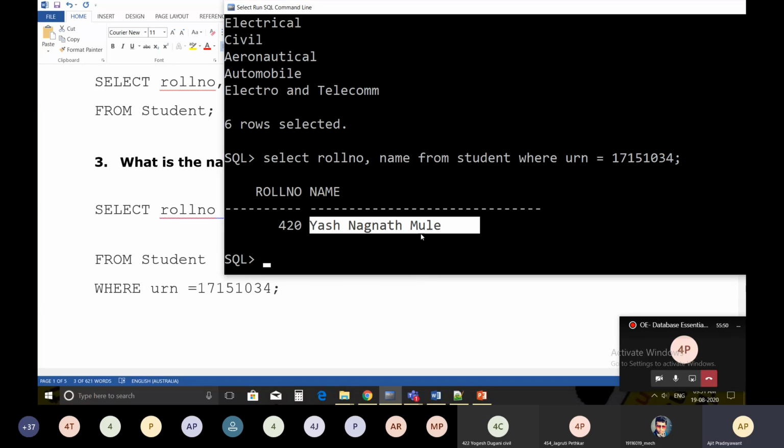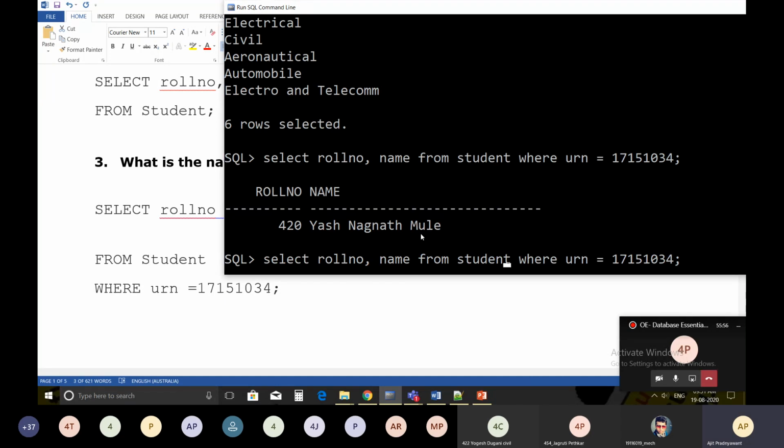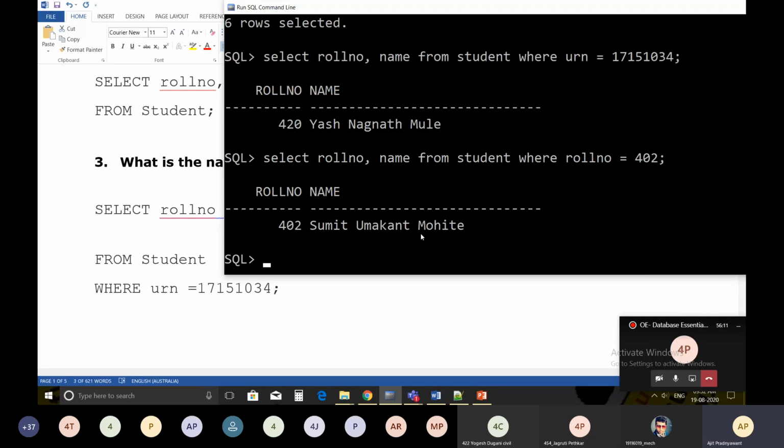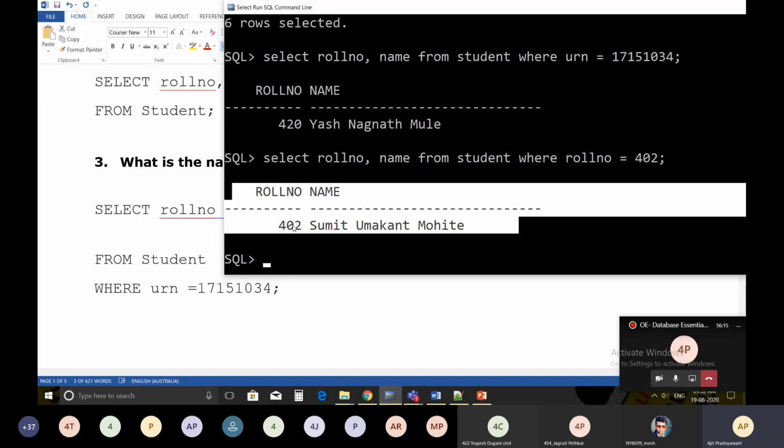Suppose the query is like this: I want to know the name of roll number 2. So how will you come to know? Just mention select roll number, name from student where roll number is equal to 402. See the output. This is the name of the student with roll number 2, Sumit Moite.